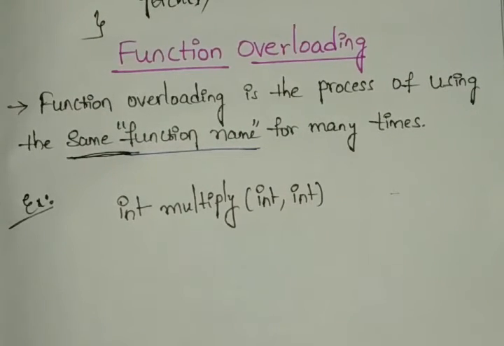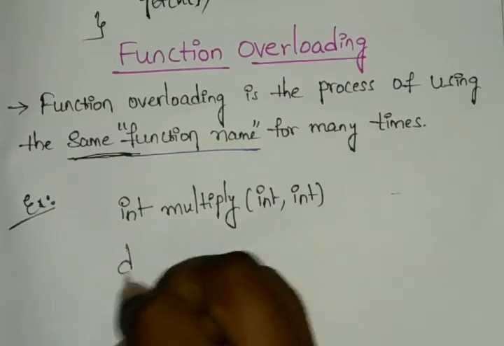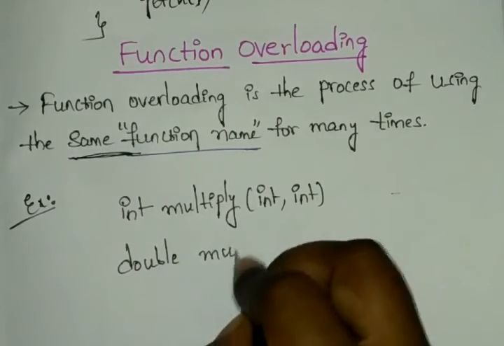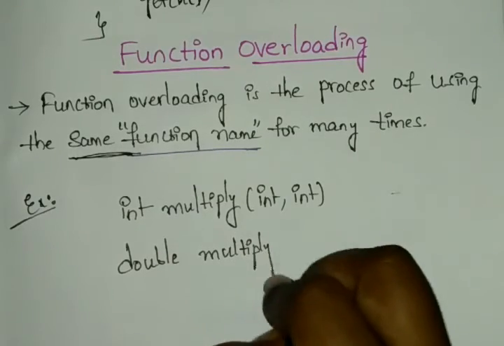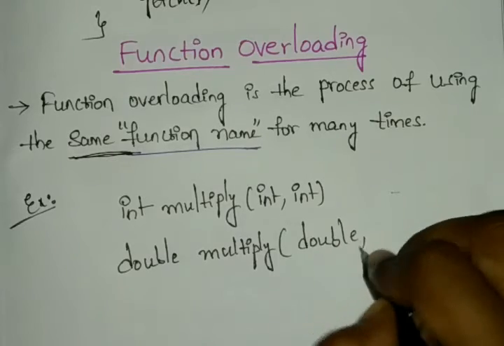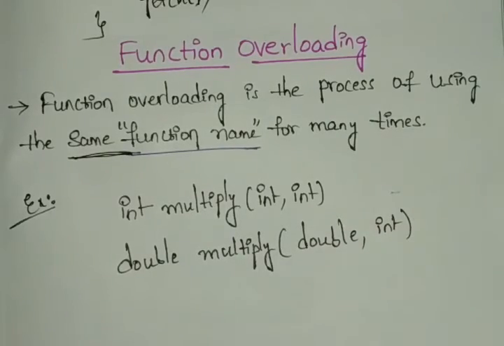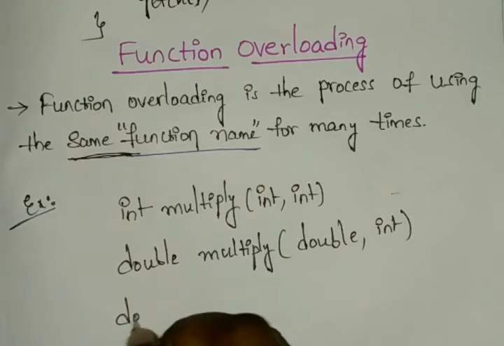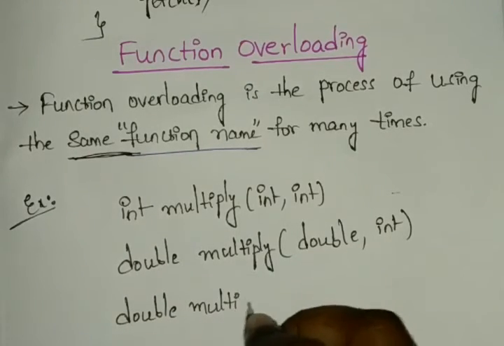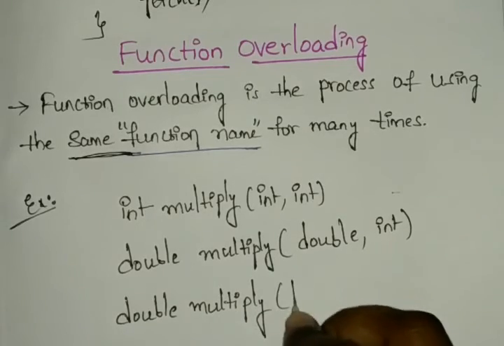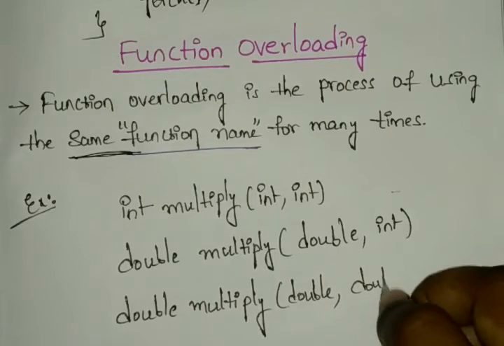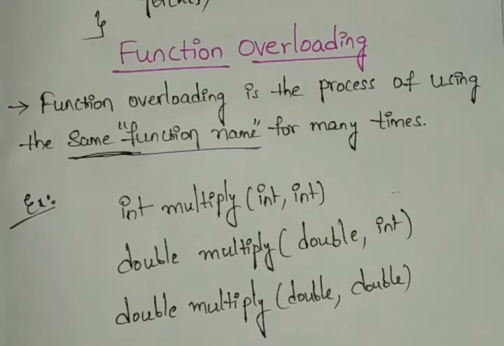Okay, and next here I'm choosing double, multiply, and next I'm choosing double, int, and again I'm choosing double, multiply, double, double. So now these 3